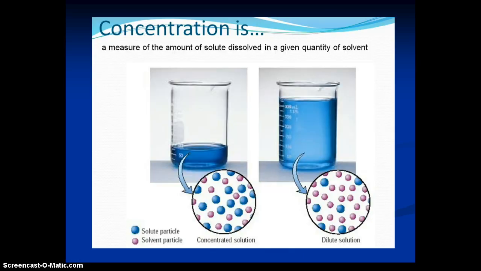In this video, we are going to learn about solution chemistry and colligative properties. Solutions can be measured in concentration, and concentration is a measure of the amount of solute dissolved in a given quantity of solvent. So in these examples, we have two beakers. In this first beaker, as you can see, the number of solutes, which is in blue, is much higher than the number of solvent particles, which is in purple. And quantitatively, we can tell it's a darker solution, more concentrated solution than the one on the right, which is